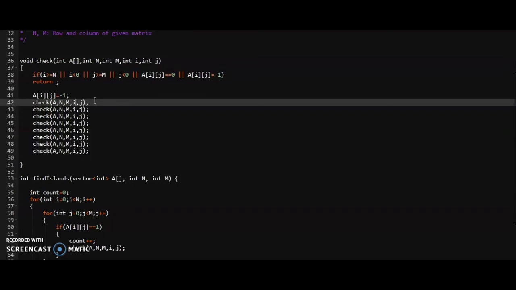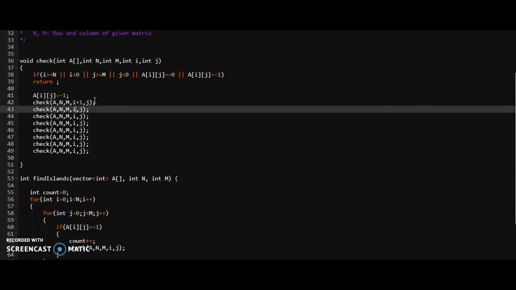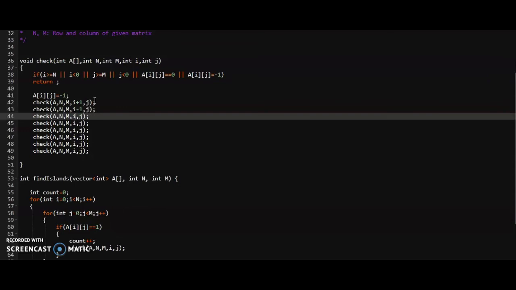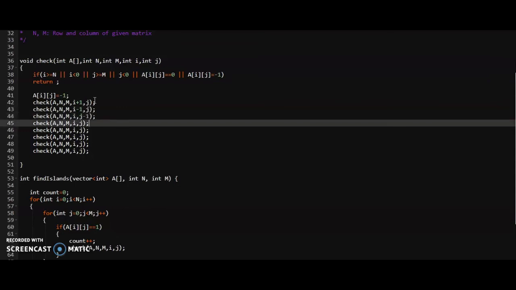As we have seen, we are currently at i and j, and now we are going i plus 1, that is the downward row and the same column. Now we are going the upward row and the same column. Now we are going same position column minus 1 and same position column plus 1.